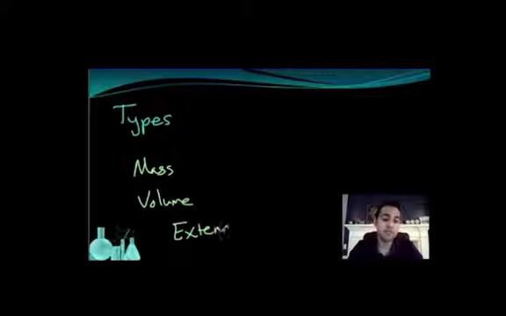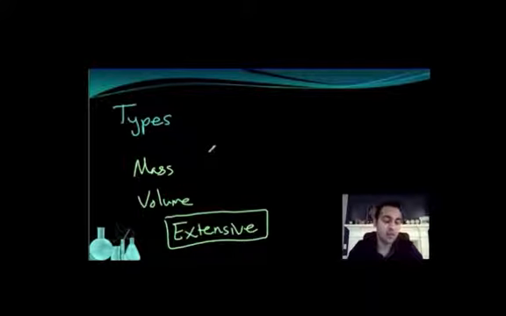In this lesson, we're going to be focusing on the types of properties and then how we can use them in describing matter. So let's start with two we've already talked about today: mass and volume. These are going to represent our first type of property. These are both what we call extensive properties. Mass and volume are both examples of extensive properties.